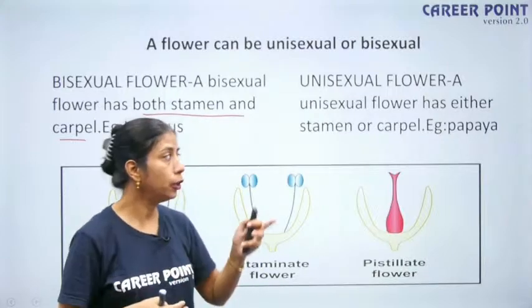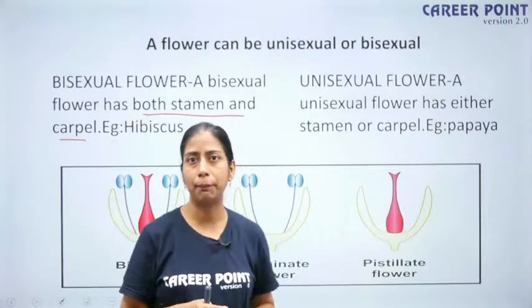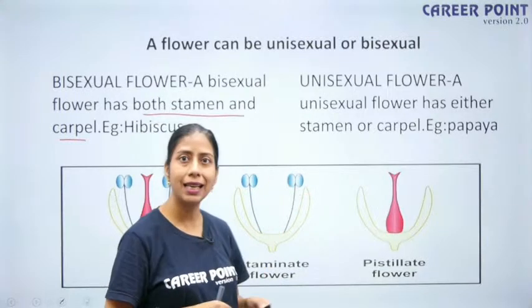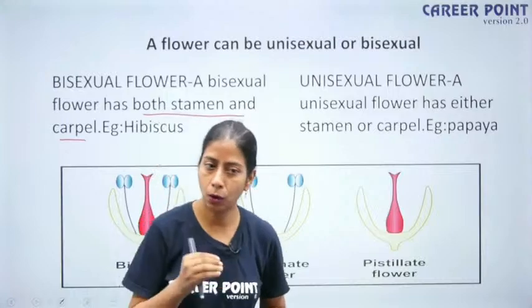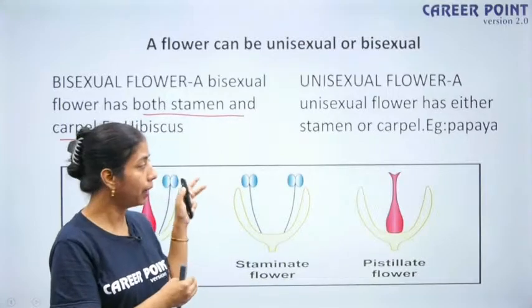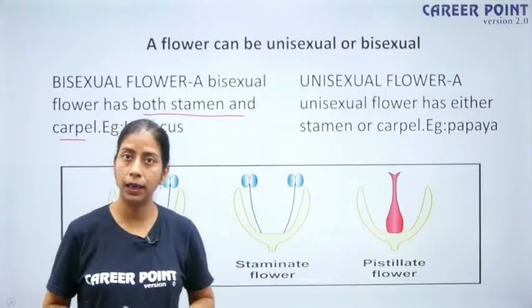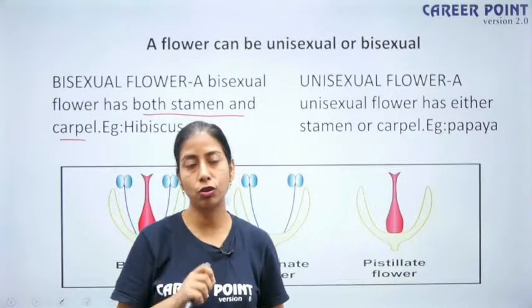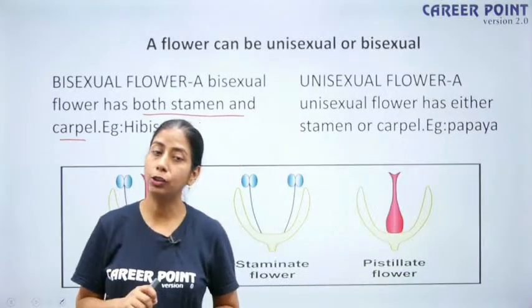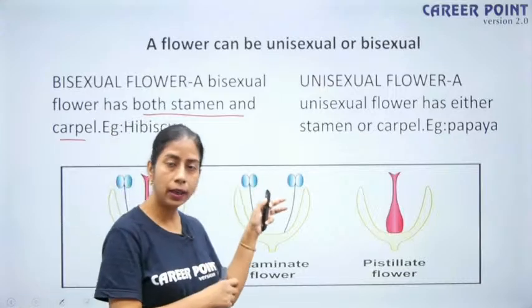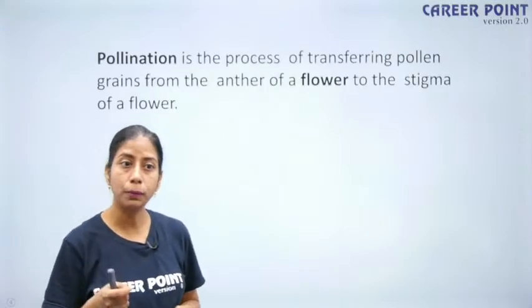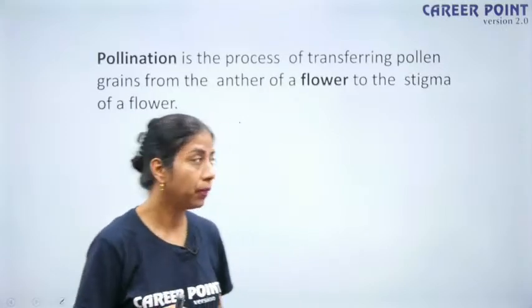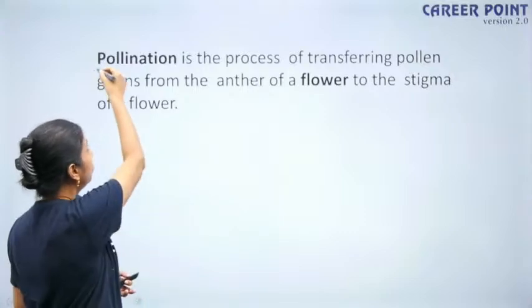So here you need to at least remember the example, at least one. Papaya is the example of unisexual flowers. Okay, यहाँ पे 2 टाइप के flowers भी हमने पढ़ लिए. This you will understand once you remember all the parts of the flower. So now here we are going to move on. Yes, watermelon also. So now here we are moving on to the next part, and here we are talking about